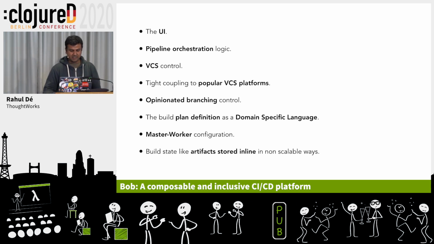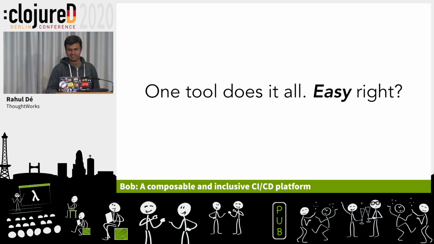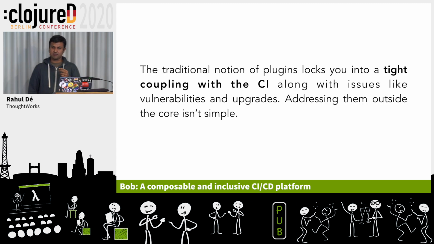Something like a very specific domain-specific language for builds. The general tendency is we go for tools that do everything in CIs, because it's easy. I want my build done yesterday. I want my delivery happening now. My product manager's after me. What is this CI? How do you explain build time pauses to your product managers? So going with easy tools brings its own set of problems.